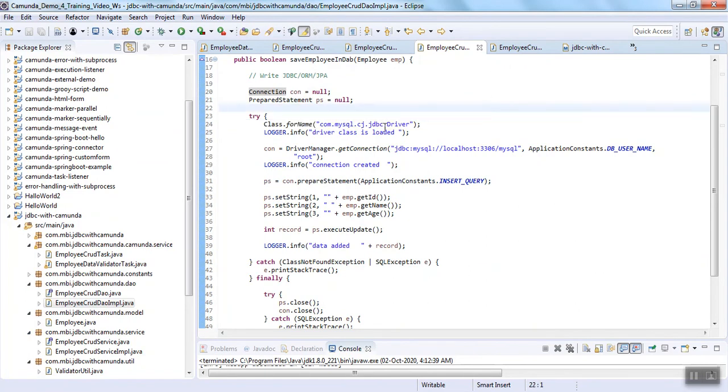So now I'm telling it to load this class. I got a logger, and then with the help of driver manager I'm trying to get the connection. It is pretty straightforward. You just need to know JDBC. So I just need to pass all the details to my driver manager: on which port my database is running, what's the name of the database, what's the IP address, and these are the predefined strings which are given